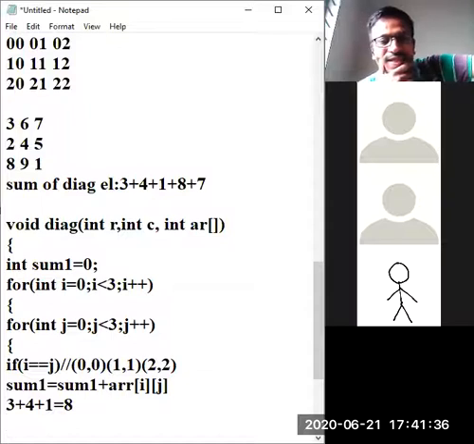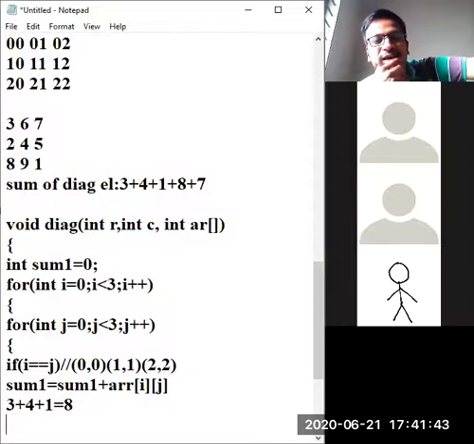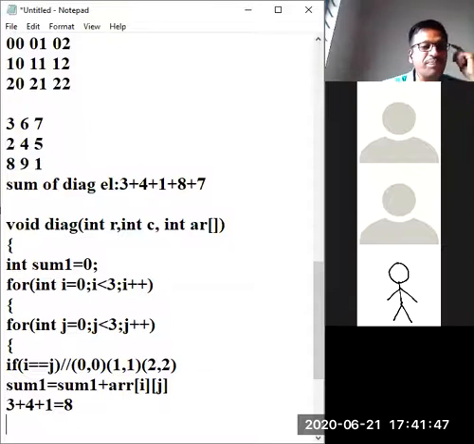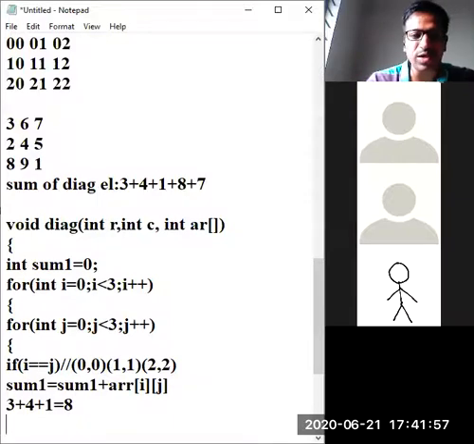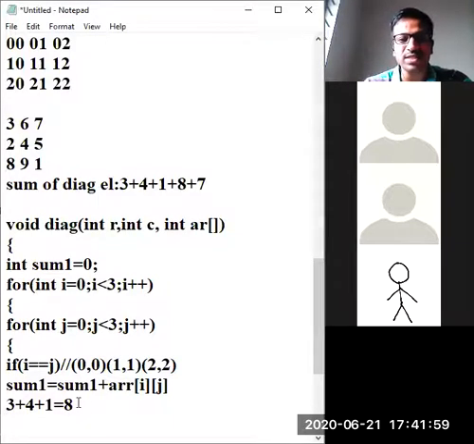i is not equal to j, and sum equals 2. Vaishnavi, you are telling i is not equal to j, but there are so many such cases. i is not equal to j and i plus j equals 2. Whatever you are saying, I will write and see whether it works or not. Don't scribble this, I have done this here. You can think what we have done; up to 8 we went.